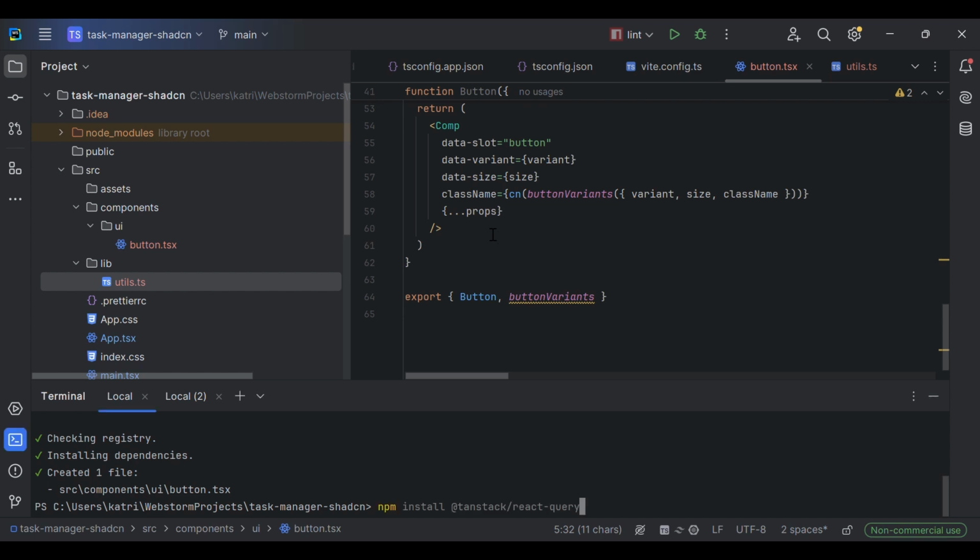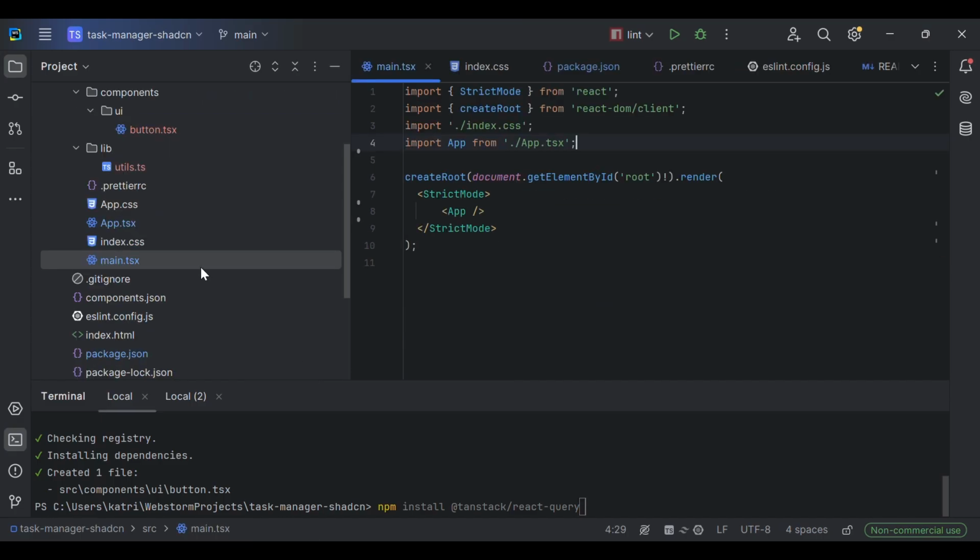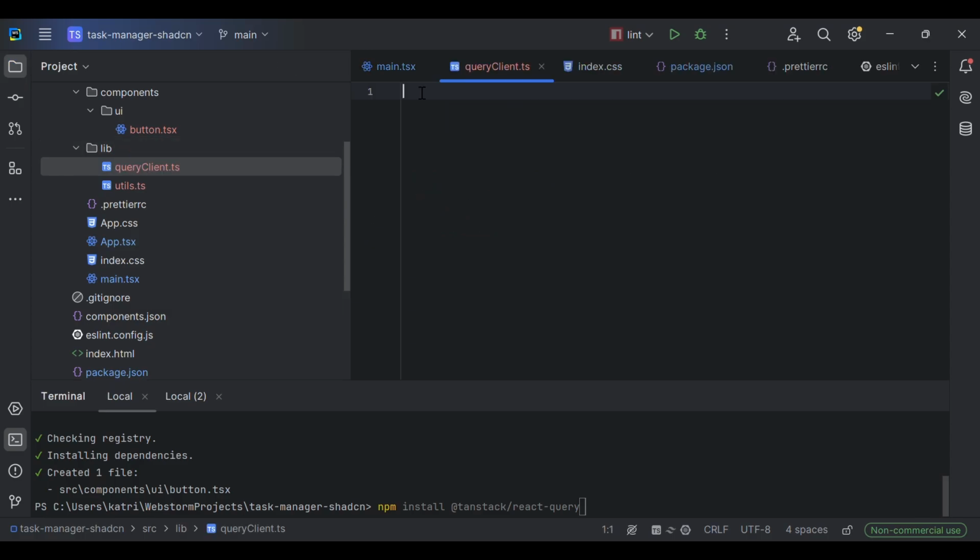Now let's also install TanStack React Query. So you can run npm install TanStack React Query, and let's connect it to our app. At first we are going to create a file, also in our lib folder, and call it queryClient. And here we are going to import